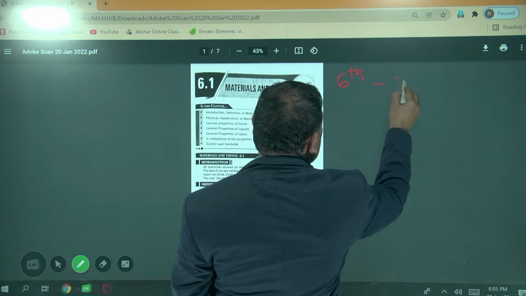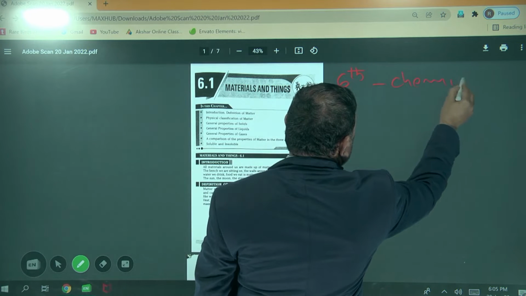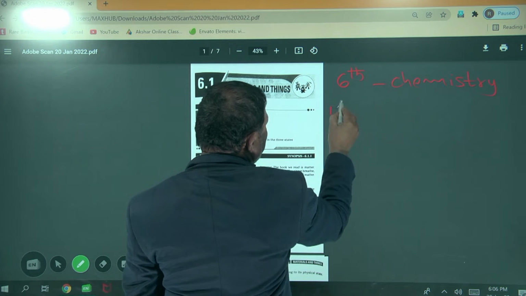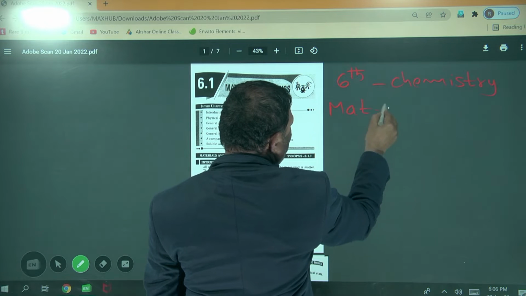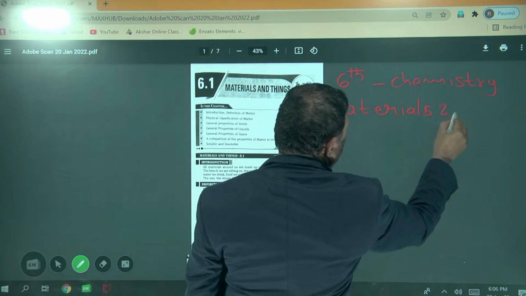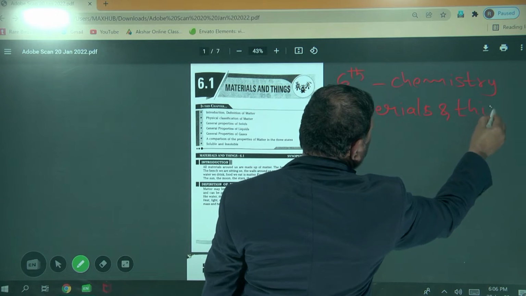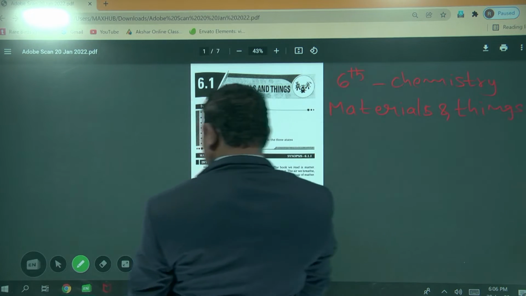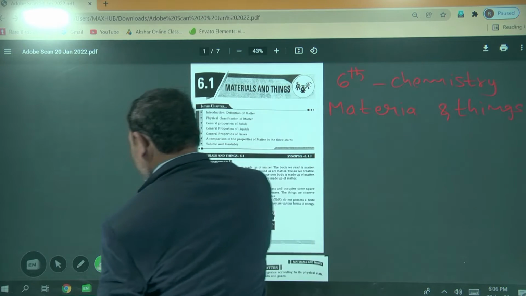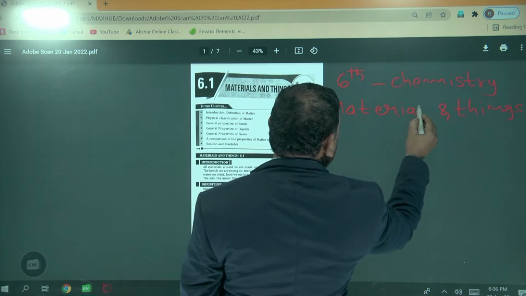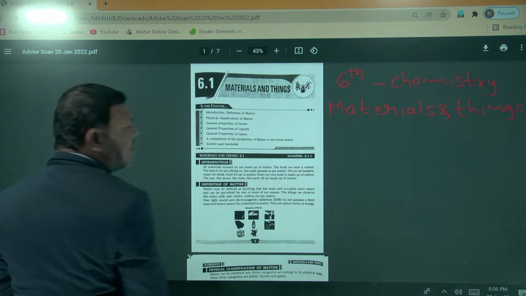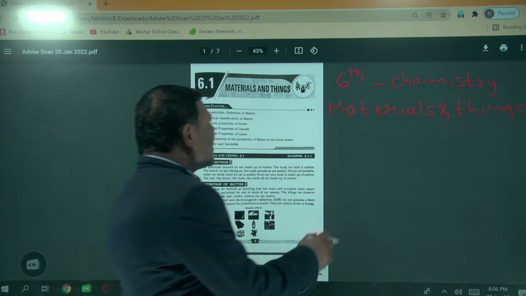Materials and things. Okay. So in this lesson,